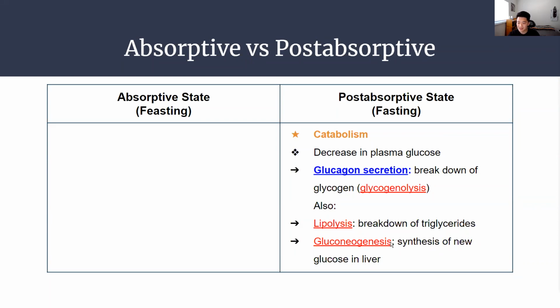And we're synthesizing new glucose because there's a decrease in plasma glucose. We want to increase blood sugar, right? Okay. So keep in mind that during our fasting stage, insulin secretion is decreased, but glucagon secretion is increased due to the decrease in plasma glucose,